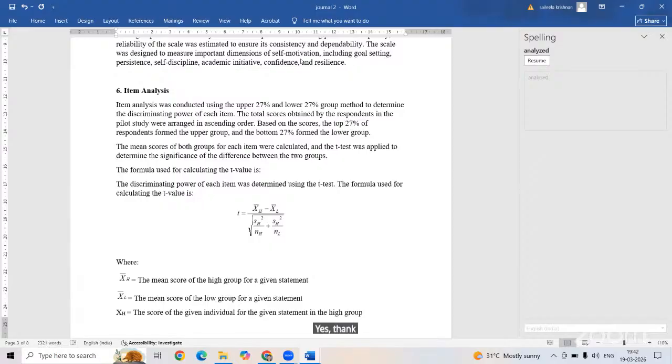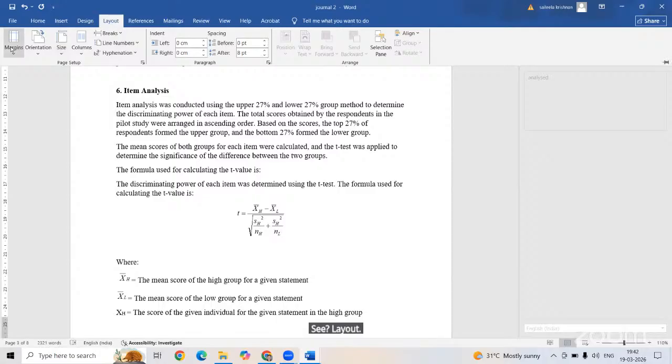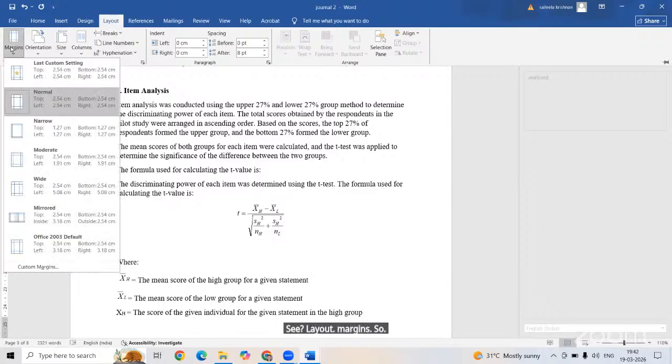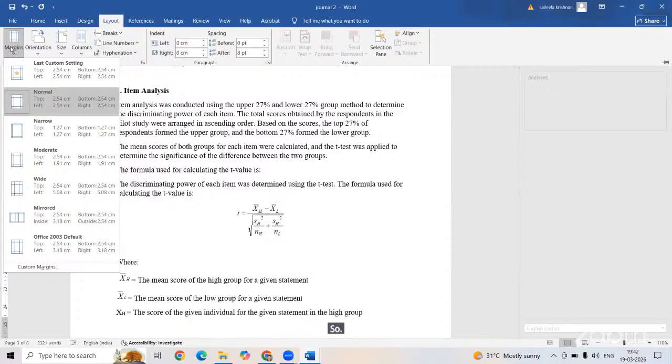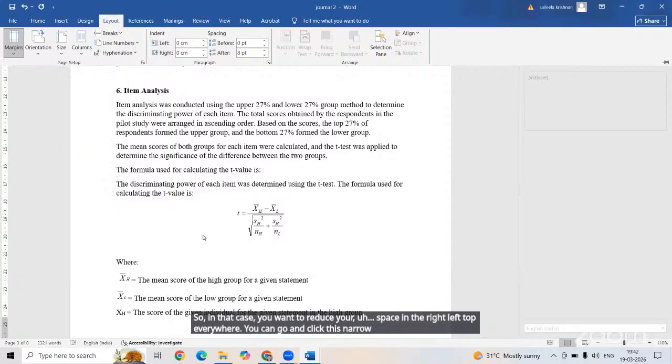Top, layout, margins. So this document has a 2.54 centimeter distance. At the top we have a 2.54 centimeter gap. The left we have 2.54. The right and bottom, everywhere. Sometimes you want your content to be on a single page. So in that case, you want to reduce the space on the right, left, top, everywhere. You can go and click this narrow. See, if you click this narrow,